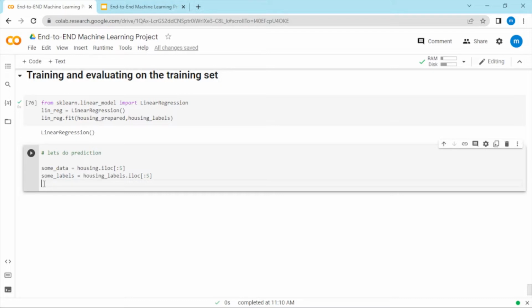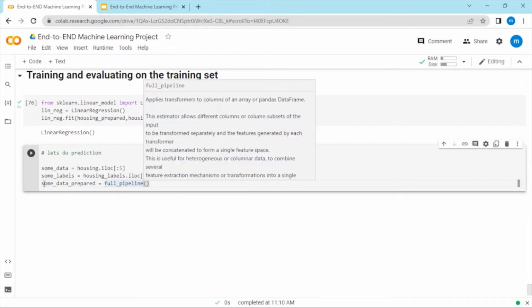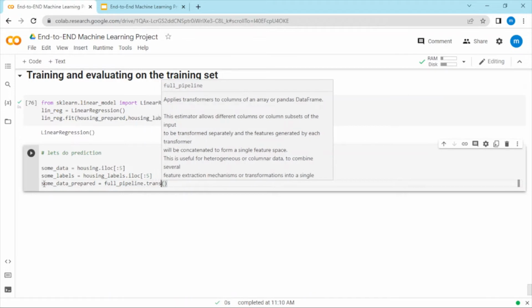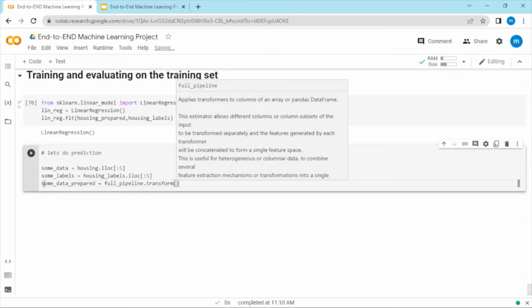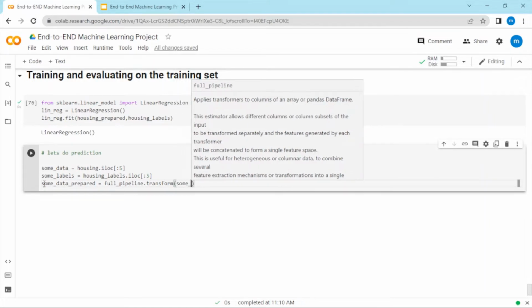So to apply those pre-processing steps, let me create a new variable, let's say some data prepare. For that I already created a pipeline. This is the advantage of a pipeline. You don't need to apply all these functions individually for any new data set. You can just call the pipeline which you have created and call the method transform, and you have to send the input as sum data,